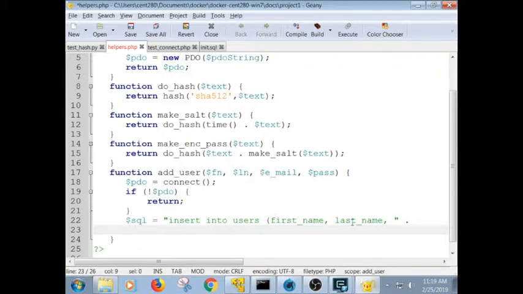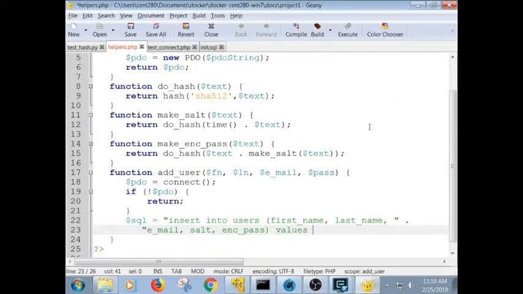It's getting kind of long, so I'm just going to concatenate this on. This is part of the same string. First name, last name, email, then salt, and encoded pass,